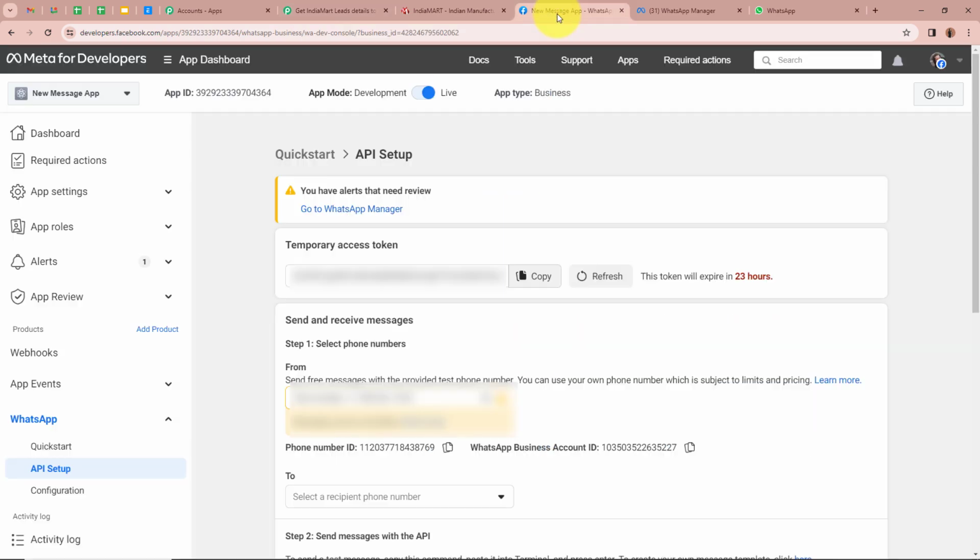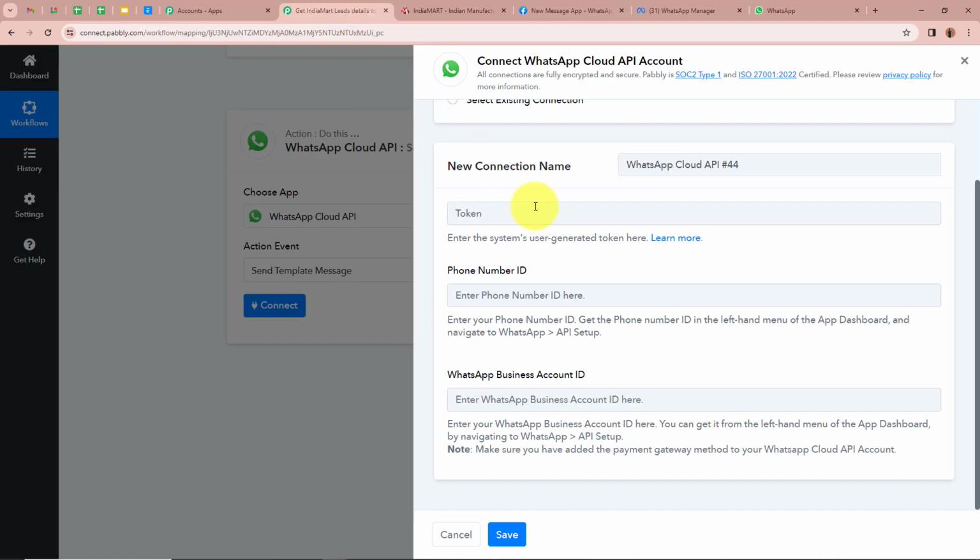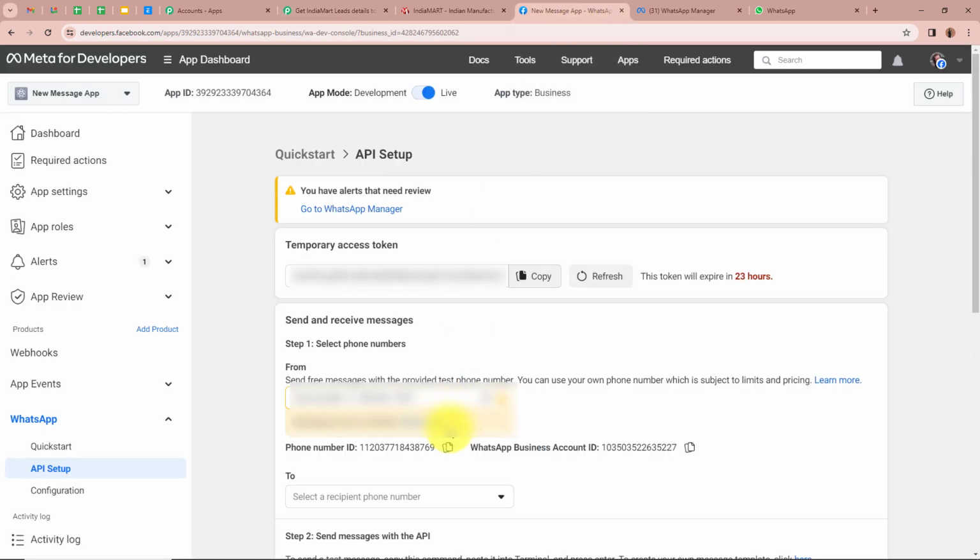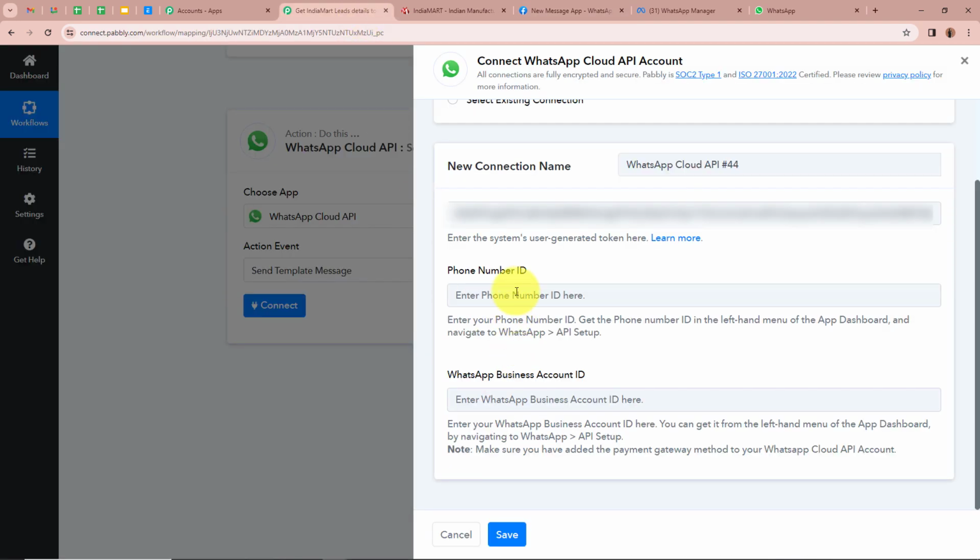For that, I'm going to open my API setup, that is right over here. First it is asking for the token. Over here it says temporary access token. I'm going to copy this token from here and paste it right over here. After that, it is asking for the phone number ID. So I'm going to copy the phone number ID from here. As you can see over here, it says phone number ID,